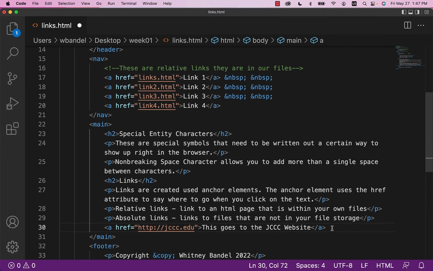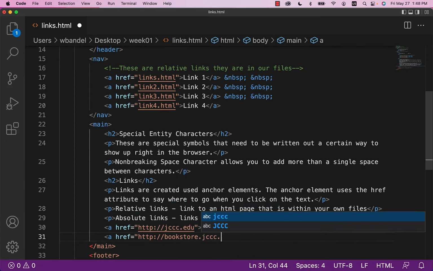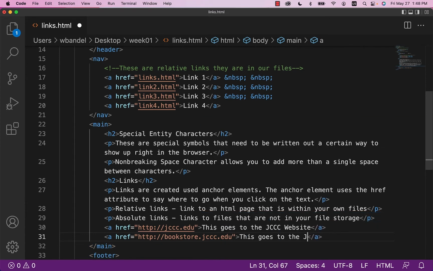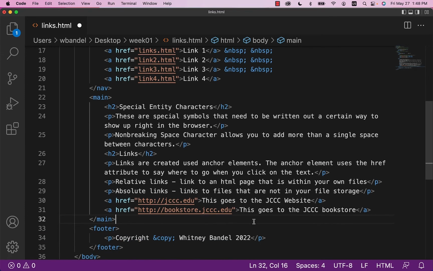Something that you can do, let me add another one. So let's do like bookstore.jccc.edu. This goes to the JCCC bookstore. And you don't have to write this long of links. I'm just trying to be a little bit more specific in the directions for this. So this is another absolute link,